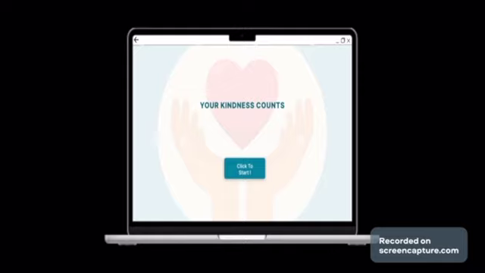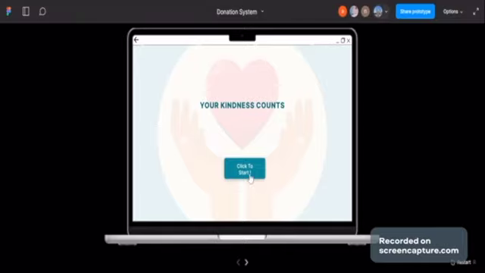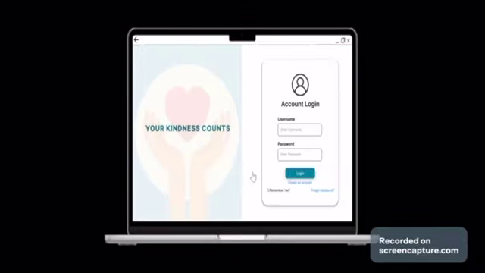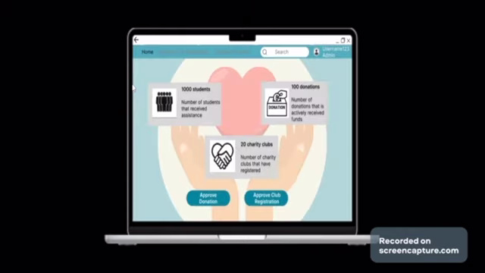Okay, for the last prototype, I'm going to explain the prototype for the admin. You have to click start here, and then you enter your username. For me, I use the username for the admin and the password, then you click login. When you click login, you can see that there is admin here that says you are the admin of